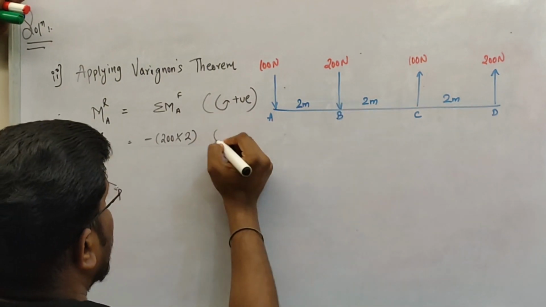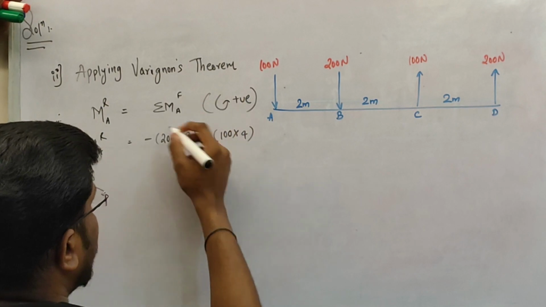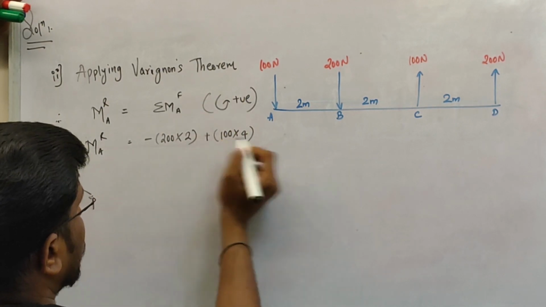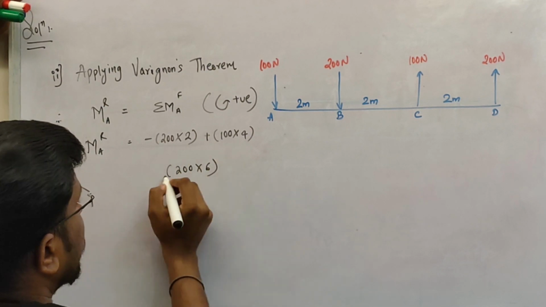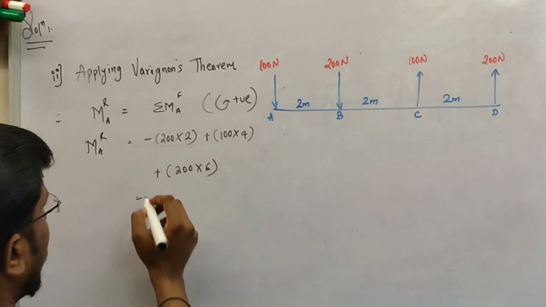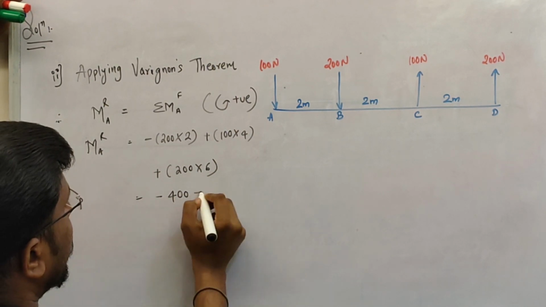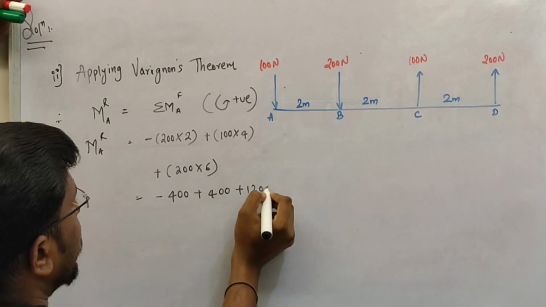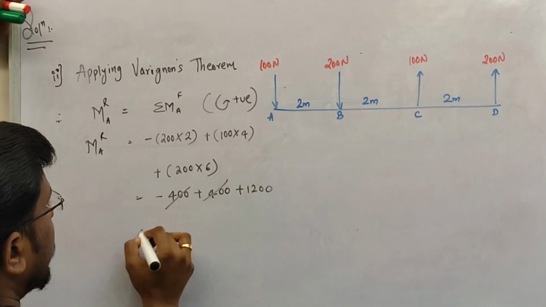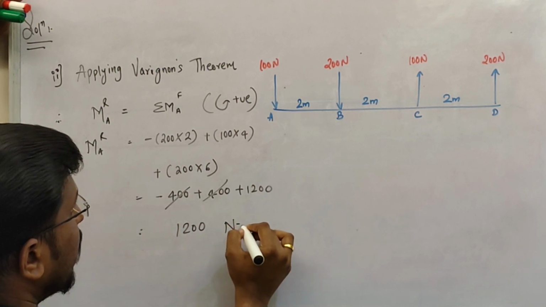Then 100 into 4, because my point A is taken as reference, it is positive. Then 200 into 6, again positive. If you calculate, it is minus 400 plus 400 plus 1200. So this and this will cancel. Your answer is 1200 Newton